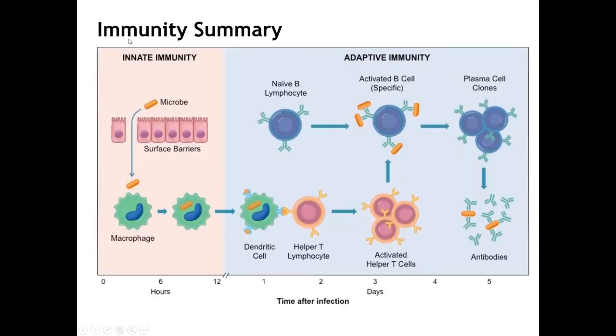So to summarise, when a pathogen comes into the body, it has to go through the physical defences, and the chemical secretions also try and get rid of it as well. If it gets into the body, we have the inflammatory response with histamine being produced by the mast cells that's causing vasodilation and permeability of the capillary cells, allowing the phagocytes and clotting factors to get to the site of the infection. The phagocytes will also produce cytokines, which bring more white blood cells, which the specific response comes under, to the